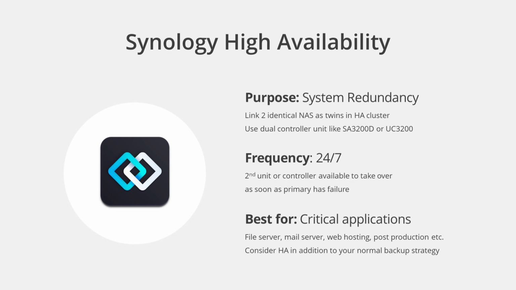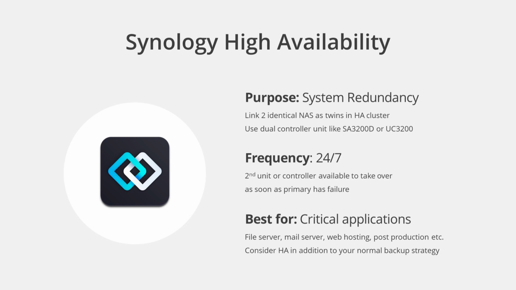All right, the last tool to protect your NAS is High Availability. Now there's a few different options for this. The most common one is to configure a high availability cluster. And what that is, that's two identical units connected with a heartbeat connection. One is active and one is passive. If the active goes down, the passive automatically takes over.